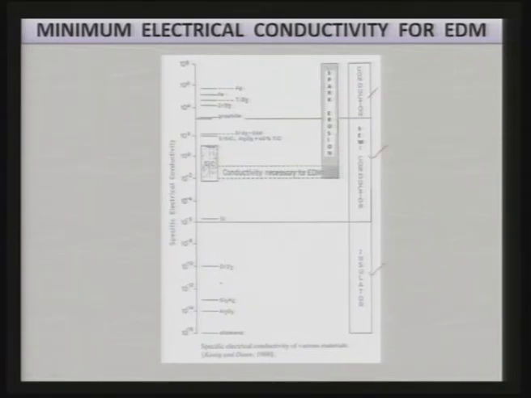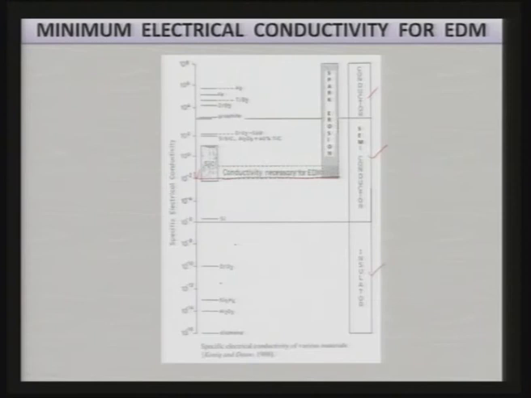Now, in semiconductors also, up to a certain point as shown over here, this is the minimum necessary conductivity which any material should have to be machined or processed by the EDM process. You can clearly see here a certain value represented in terms of specific electrical conductivity, and many people have been designing materials so that they can be easily machined by the EDM process. That means they will have this certain minimum conductivity, because without it they cannot be shaped and sized by the EDM process, and to some extent by the ECM process also.